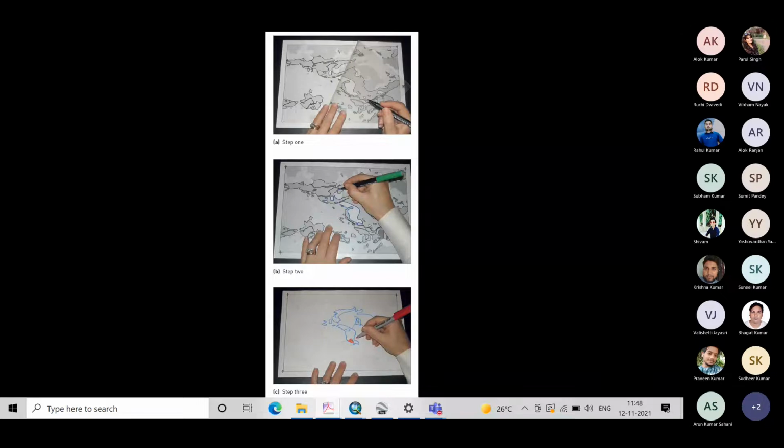So हाईवे से 1 किलोमीटर के बाहर का जितना एरिया होगा उसको कलर कर दिया गया।